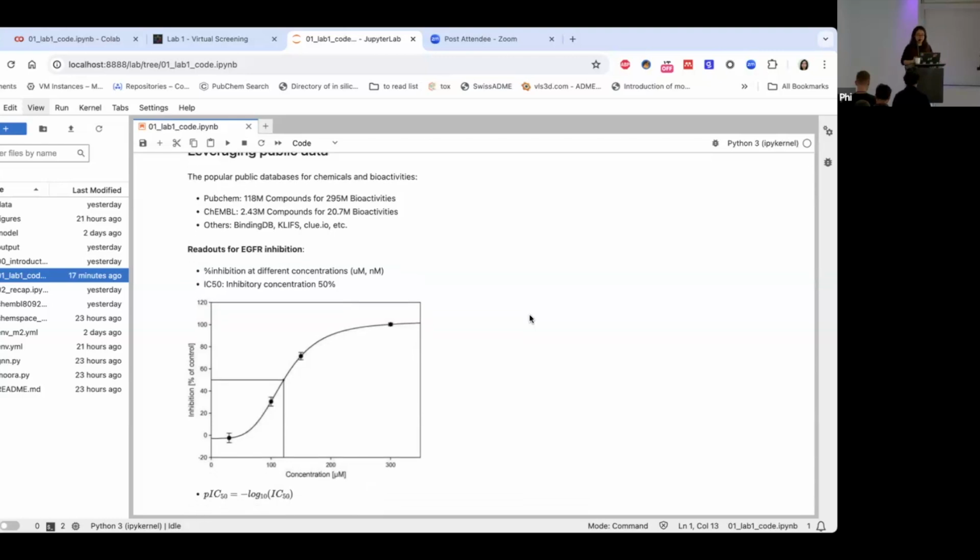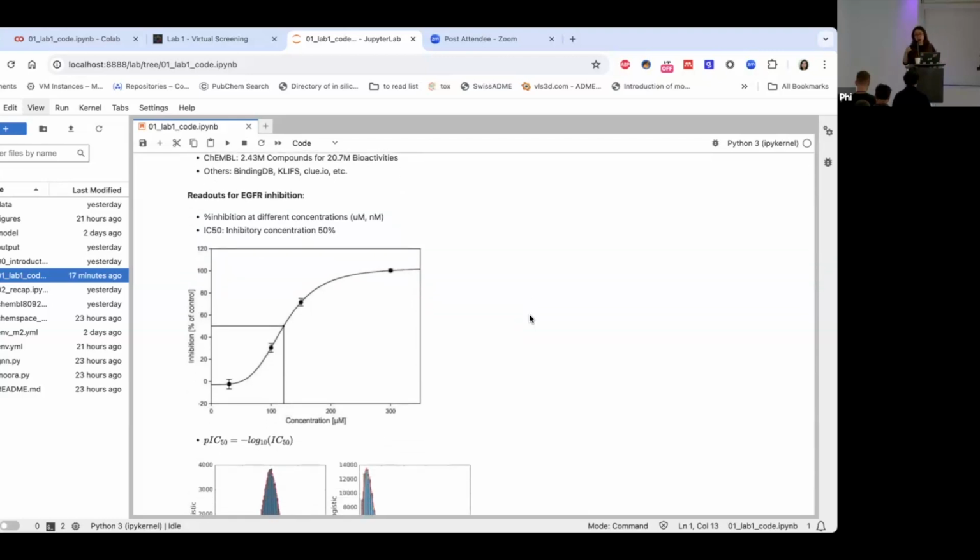In this lab, we focus on EGFR. The easiest thing to do is to simply type EGFR inhibitor in ChEMBL, and it returns a long list of molecules with different readouts and various types of